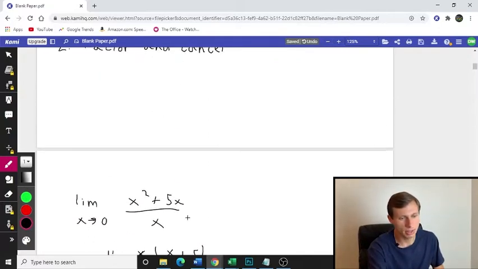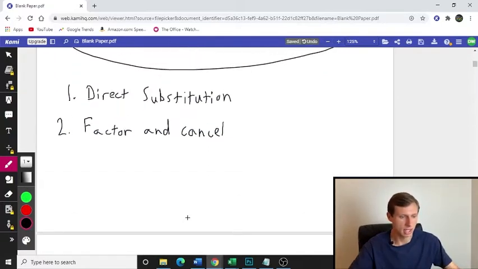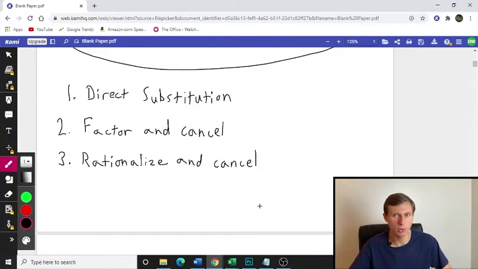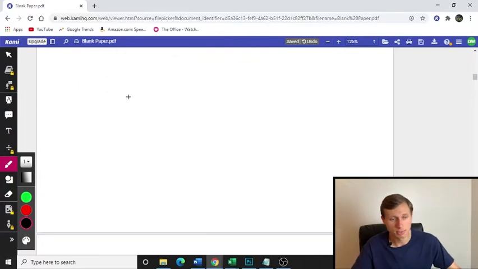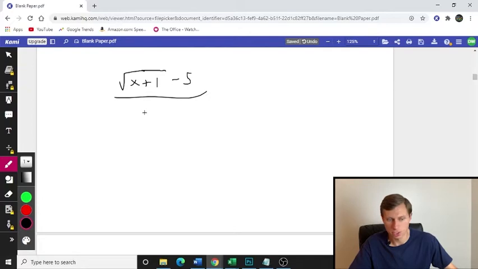So going back to our methods for finding limits, that was method 1, method 2. Method 3 is going to be rationalize and cancel. And if you remember what rationalizing is, where you multiply by the conjugate, specifically whenever we have a square root sign. So an example, if I have square root of x plus 1 minus 5 over just something like